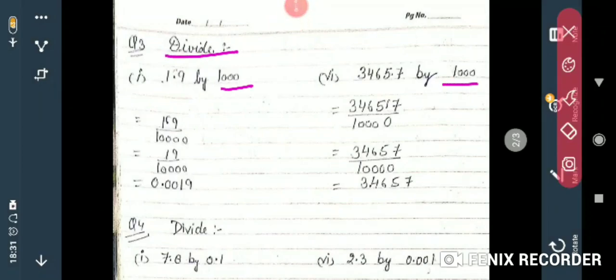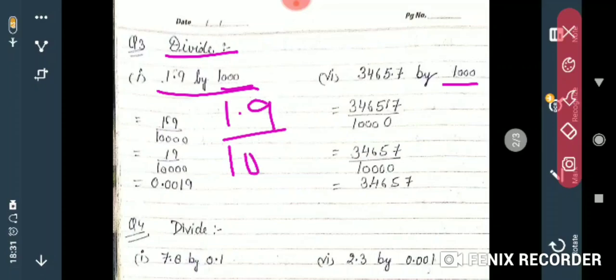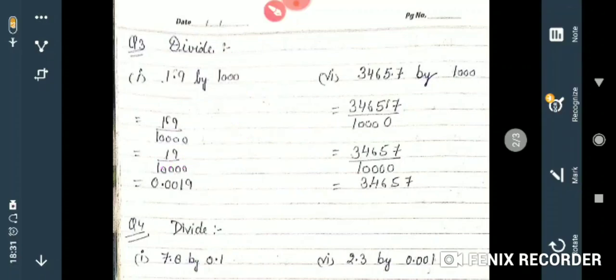Now again divide. Now you have to divide by 1000. 1.9 by 1000. So first you will write 1.9 upon 1000. Similarly you will remove the point and one 0 will get added. So how will you write it? As 19 upon 10,000. So first you will write 19. So 1, 2, 3, 4. 4 0s are there. So before 4 digits you will put the decimal. 1, 2 you will add 0s. 3, 4. So how will you tell this? 0.0019.